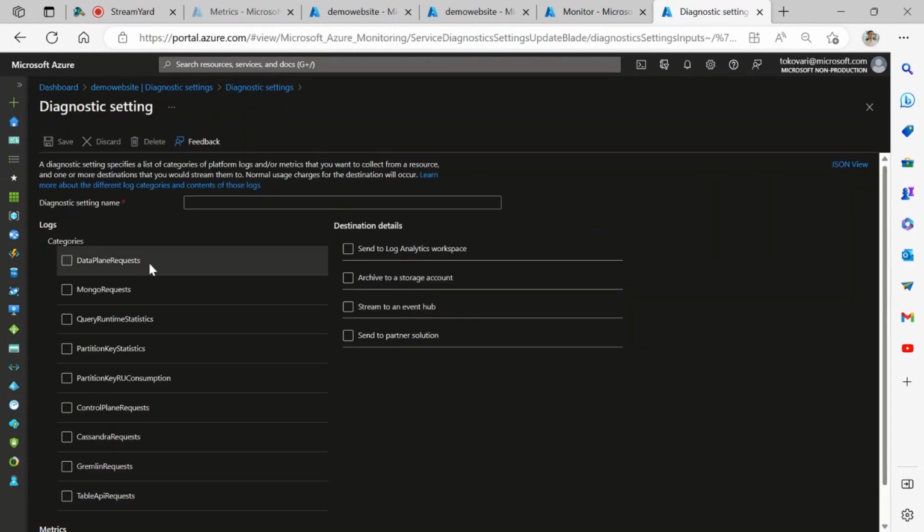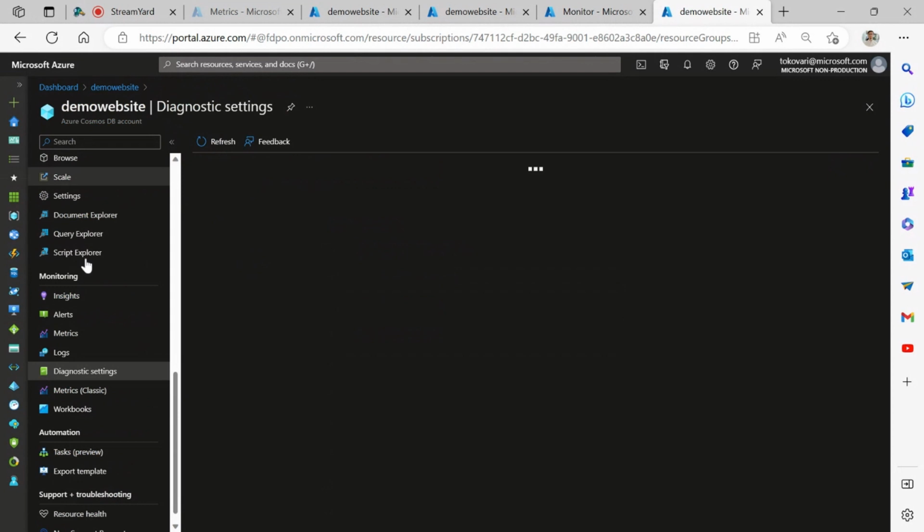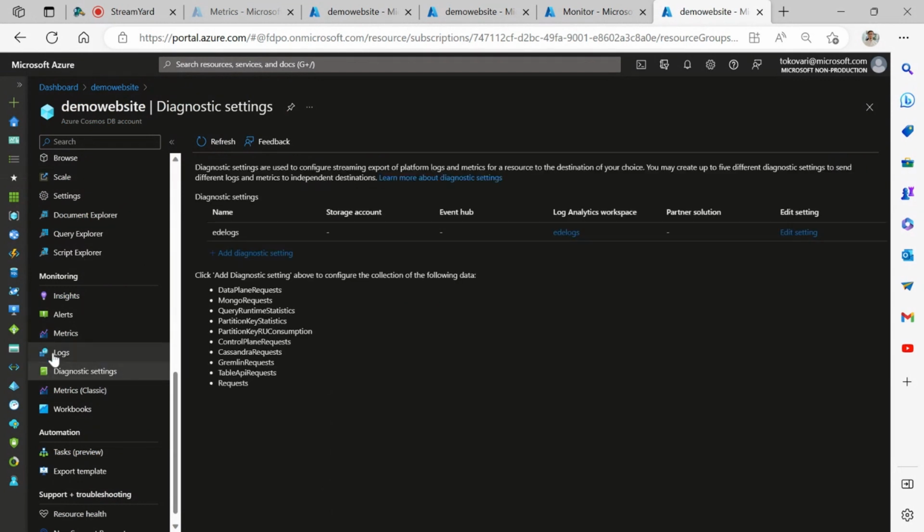The two important pieces here are to enable data plane requests and query runtime statistics, and you would want to send those into a log analytics workspace. Once those two steps, which are one-time configurations, have been completed, the logs will start to flow.